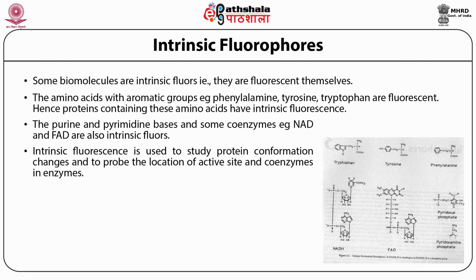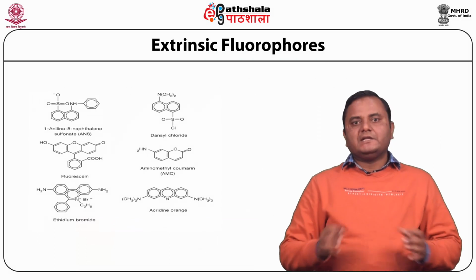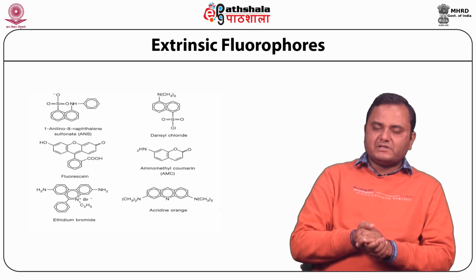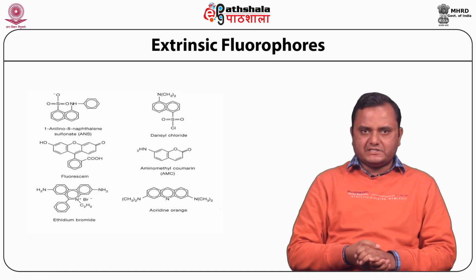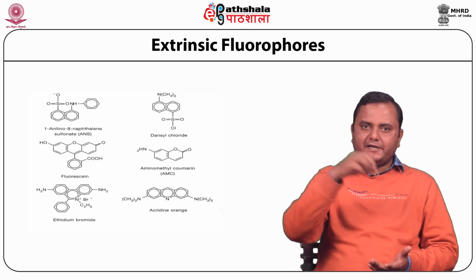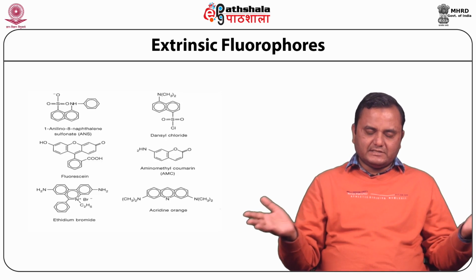You can see here the absorption and fluorescence properties of all three amino acids, along with their fluorescence lifetime. And here you see the structure of NADH or FAD, which are also intrinsic fluorophores. As I discussed, fluorophores are of two types. One is intrinsic fluorescence, because of the chemical nature of the molecules under investigation, and the other are fluorescent molecules which are added to the biological system or any other system to investigate its structure, property